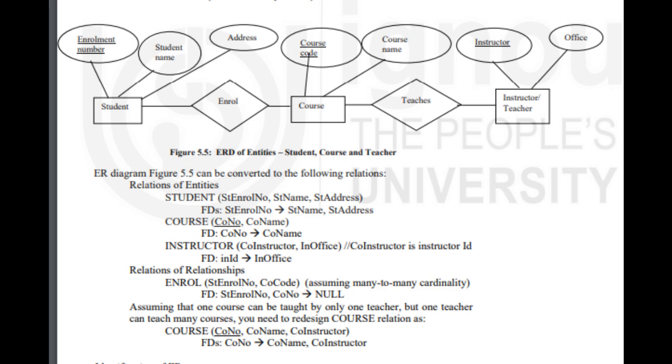The normalization process proceeds in a top-down fashion by evaluating each relation against the criteria for normal forms and decomposing relations as found necessary during analysis. Therefore, normalization up to BCNF is looked upon as a process of analyzing the given relation schemas based on their FDs and primary keys to achieve the desirable properties: firstly, minimizing redundancy, and secondly, minimizing the insertion, deletion and update anomalies. Thus, the normalization provides the database designer with: